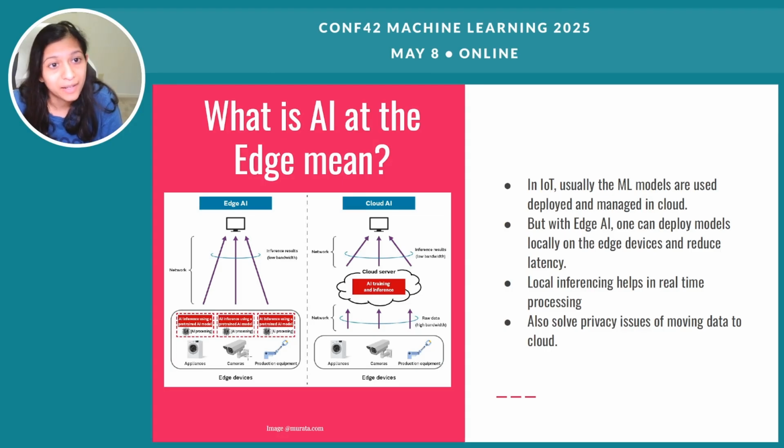And this helps in real-time tracking. For example, if you want a traffic light control system, or if you want to understand whether your appliances are broken, all this information can be immediately available, and you can also track the real-time status of your devices. This also solves privacy issues, because once you send the data to the cloud, it can be geographically moved from one location to another. You can avoid that by keeping the model inferencing very close to the source where the data is generated. So that is all about edge AI.